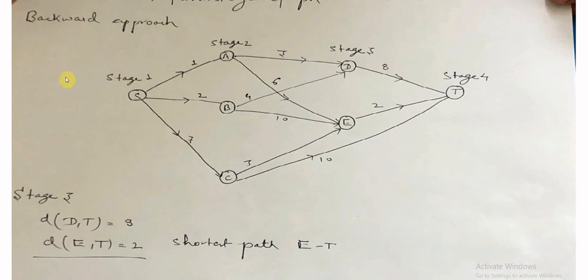Now in the forward approach, we actually come up with a table which is filled in the backward direction while tracing the smallest path from stage 4 to stage 1. And once that table is filled, then we use that table in order to trace the path from S to T in a forward direction. So that is the forward approach. In the forward approach, basically with the aid of that table, we are simply tracing the shortest path from the source to sink in a forward direction.